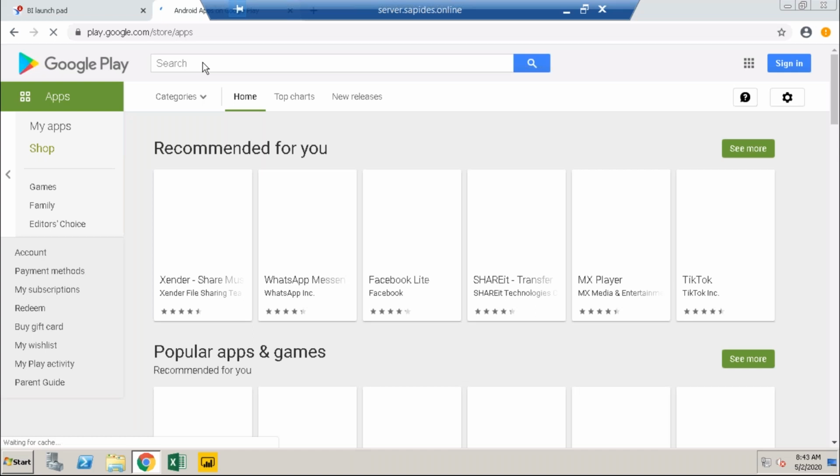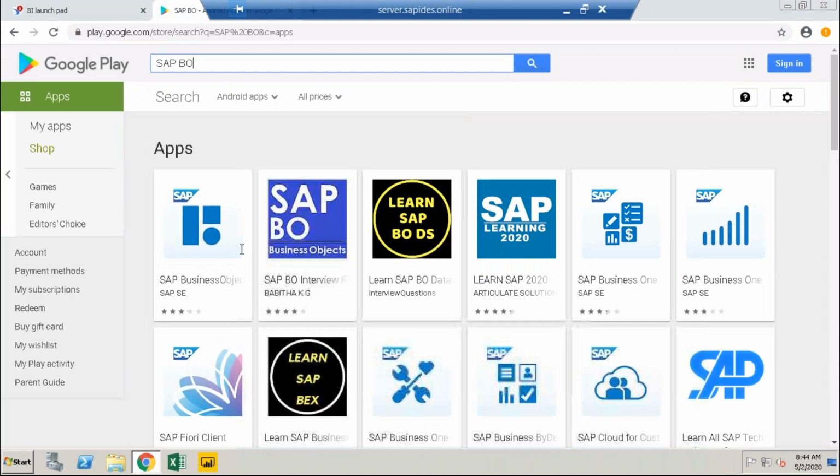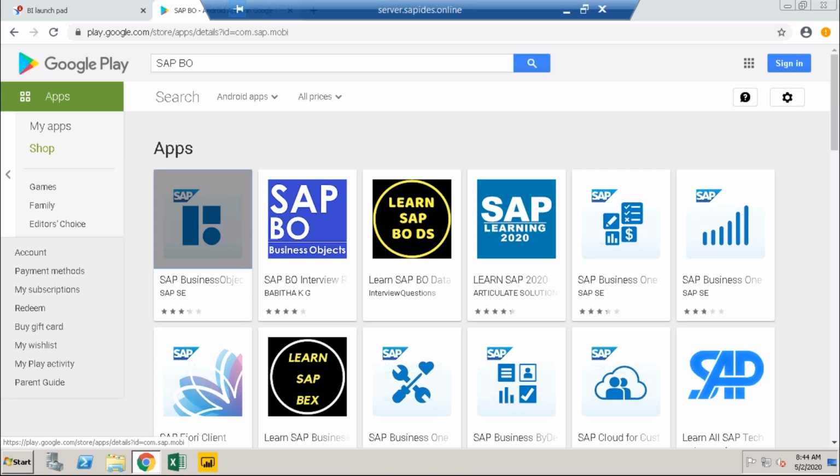The system is slow. So here we have to browse to SAP BO.